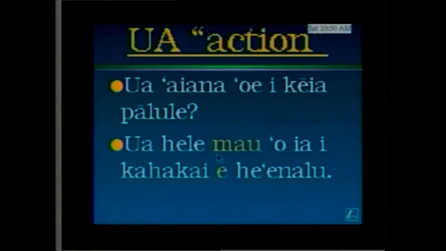They talk about this friend who's not going to graduate. Why? Because ua hele mau oia I kaha kai, to the beach, e he'e nalu. To what? To he'e nalu, okay? How many of you are listening to Keahonui's new song, Pi'i Mai Kanalu, okay? And then in the end it says, E he'e nalu kako. Yeah? He'e nalu, let's he'e nalu, okay? So, Kalama tells Auntie Anake, oh, ua hele mau oia I kaha kai e he'e nalu, okay?